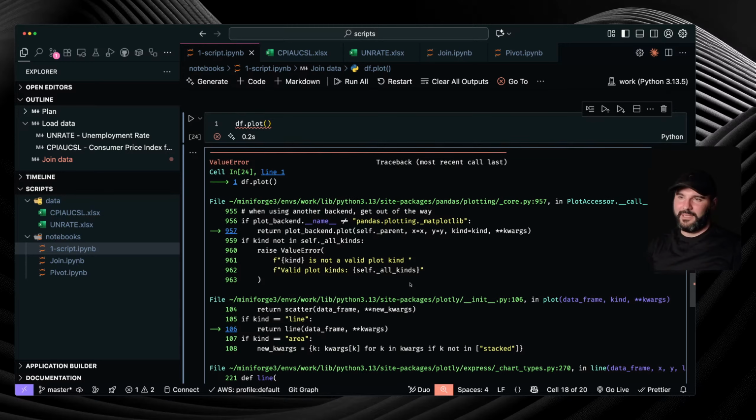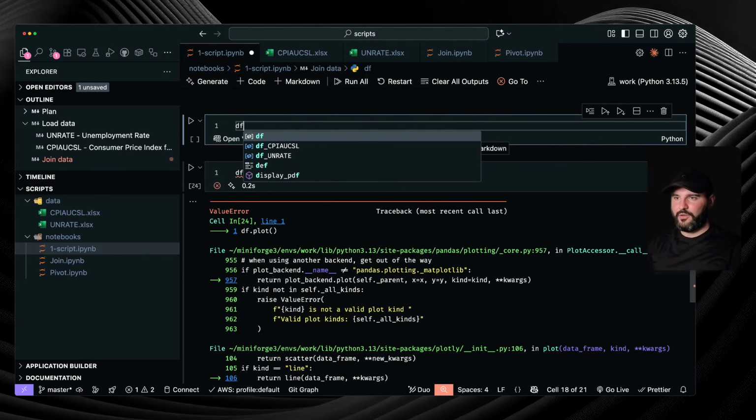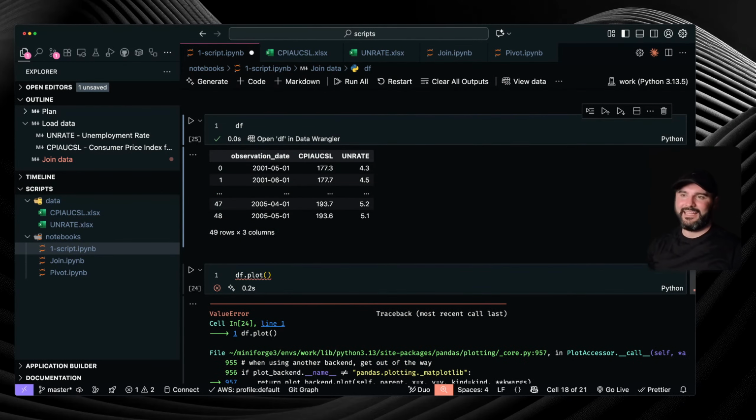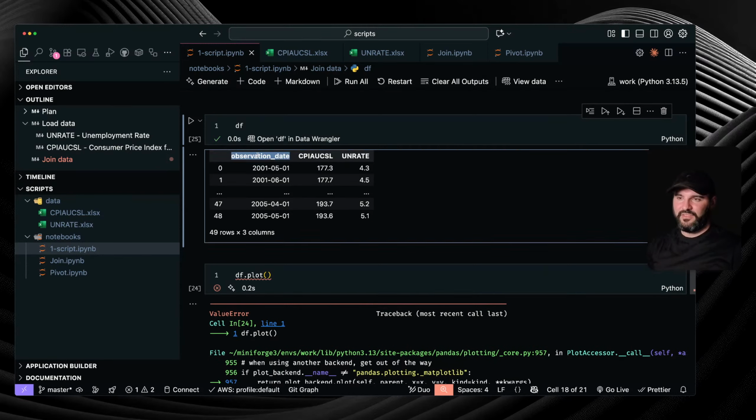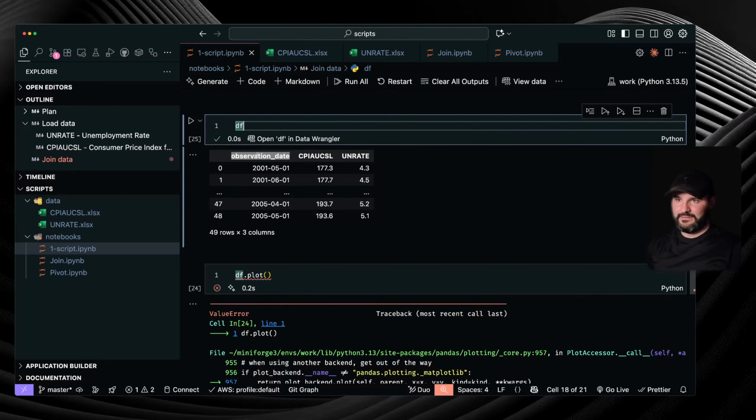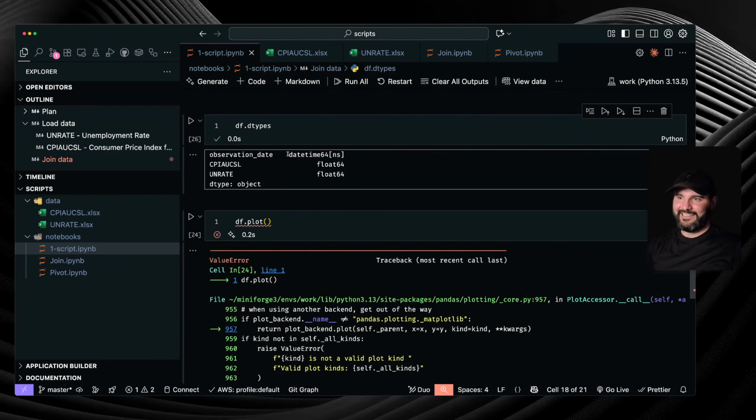What do they mean by the different type? If I go here and I have this data frame, the observation date is of type datetime. So it doesn't have an equal treatment as plotting this information, the CPI and unemployment rate, which are floats,